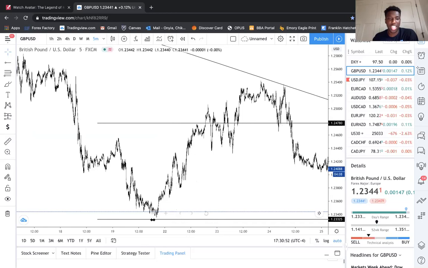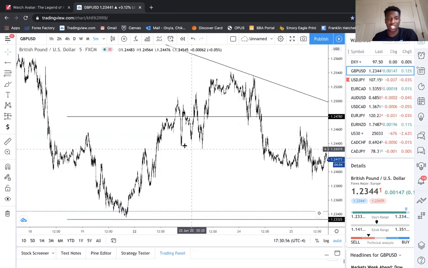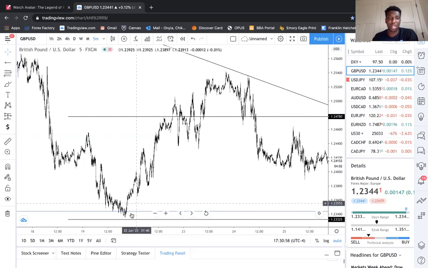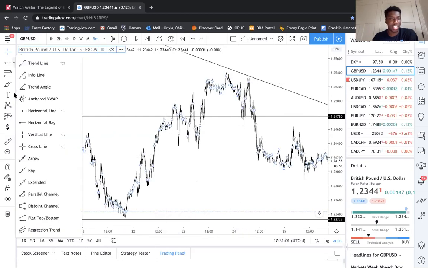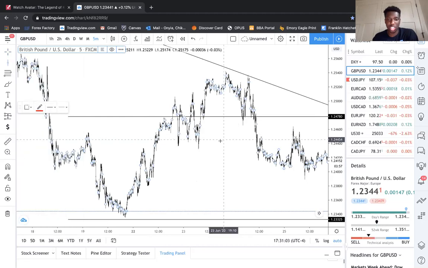And so on the 22nd, we had this very bullish candle. This is that bullish candle on the 22nd, right? And so I'm very bullish because we reacted off that level. So on the 23rd, we draw